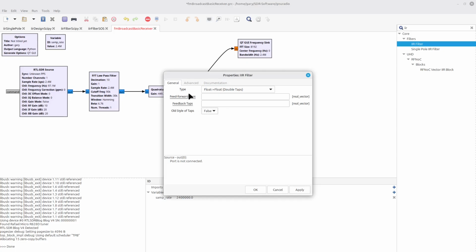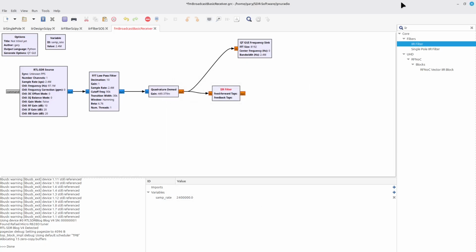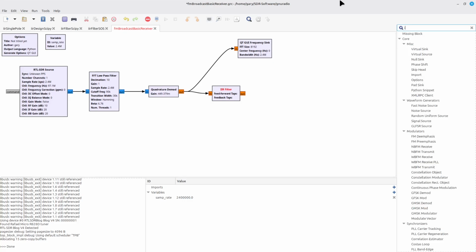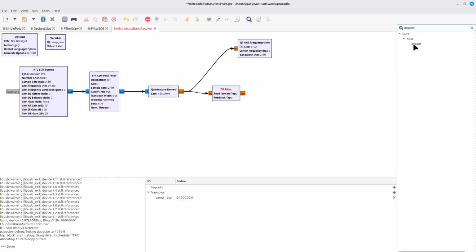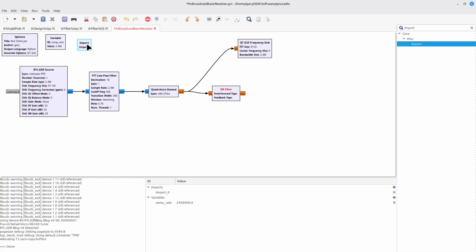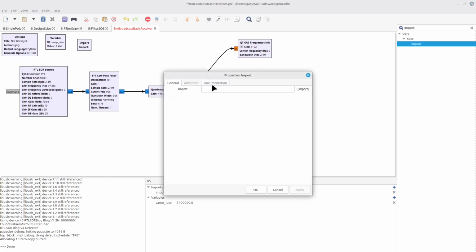So now I need a way to get my feed-forward and my feedback taps. The first thing I need to do is add in the import block. The reason is that the import block is going to allow me to get access to the SciPy signal library. Opening this up, I'm going to say that my import statement will be import scipy.signal.